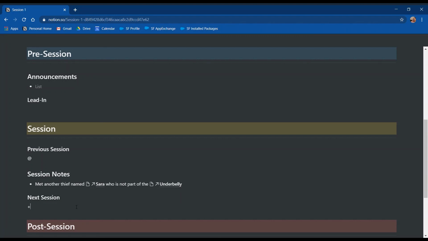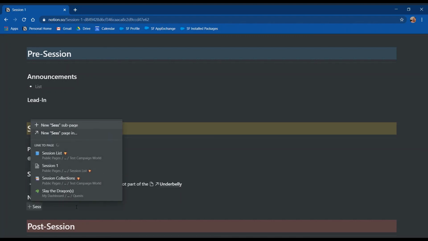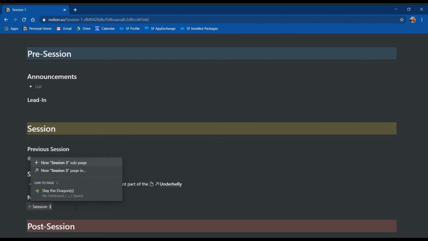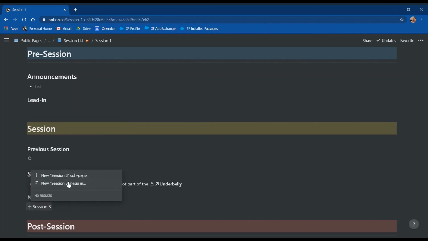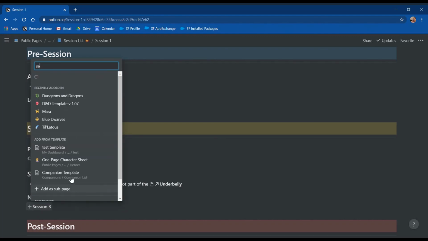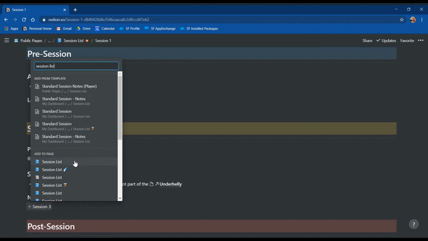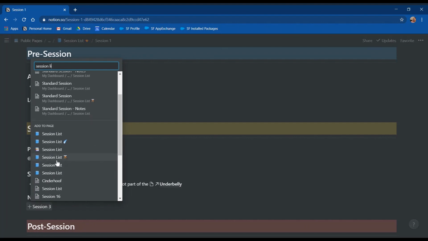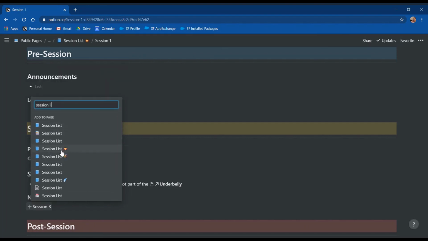Okay, and so then say you want to link to the next session, but you want to do it right from here. We use the plus sign. I'm going to create session 3 because we already did 2. Session 3, new session 3 page in, and I'll want to add it to my session list. And hopefully, yeah, for whatever reason it's not coming up when I type the whole thing, and when I only type part of it, it does. But there it is with our